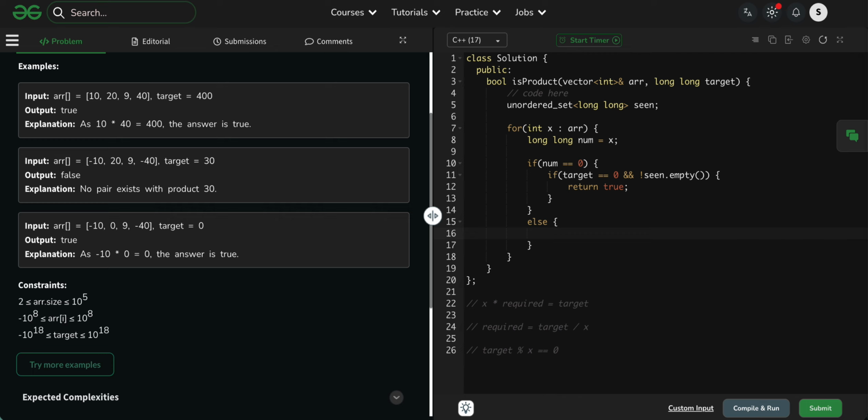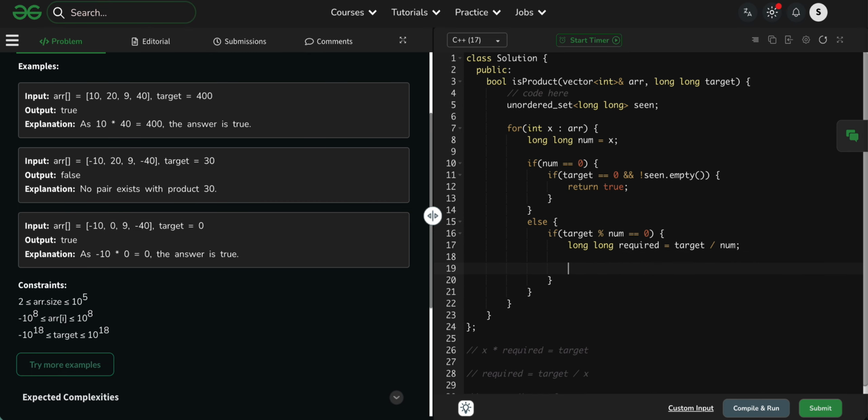Else if target is equal to num is equal to 0, then long required is equal to target divided by num, right? If seen dot find of required is not equal to seen dot end, then return true, right?